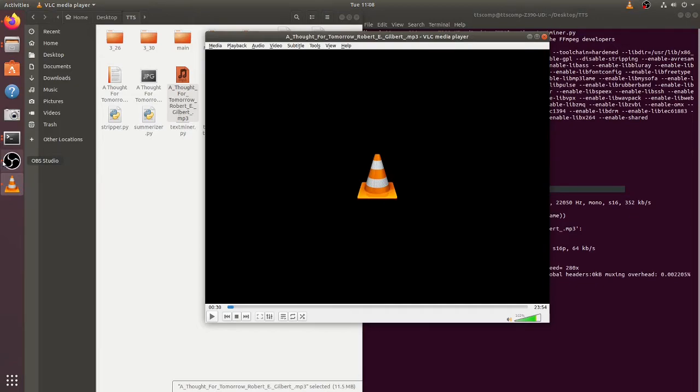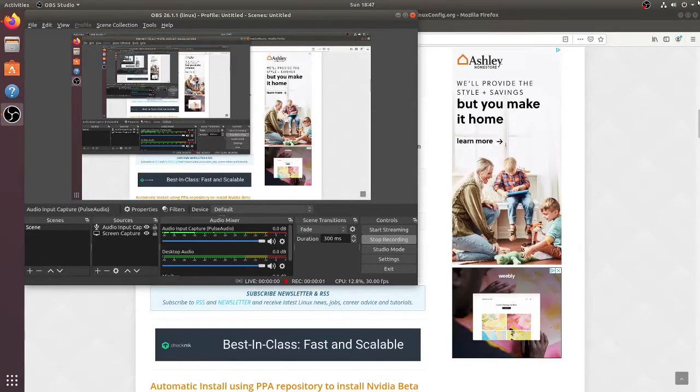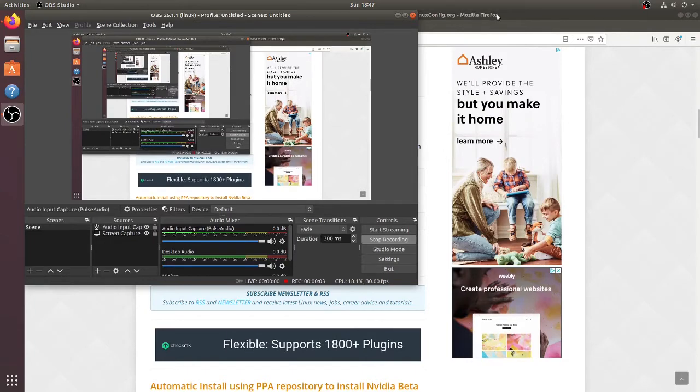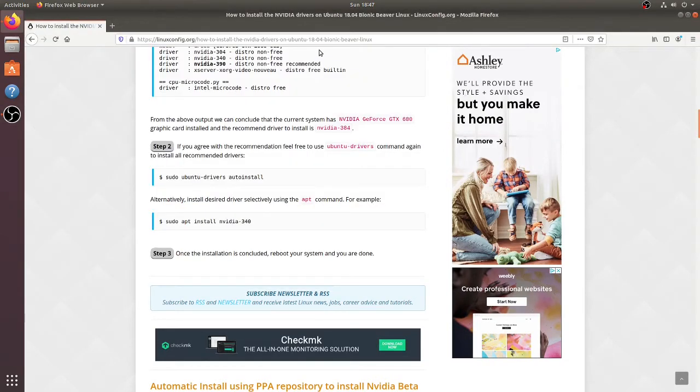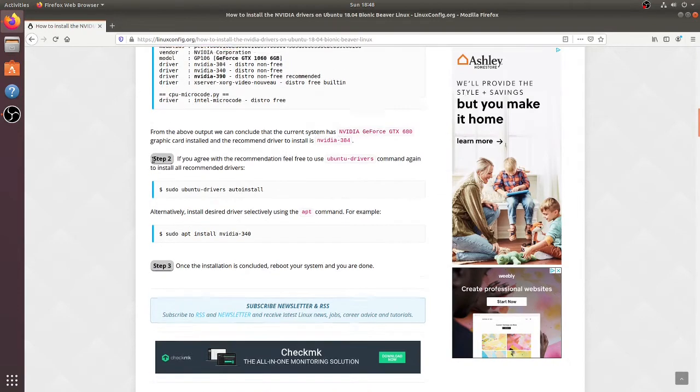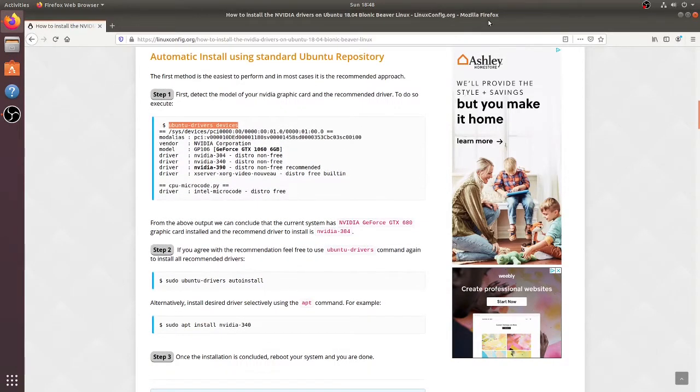So that's what it sounds like, and that's what you're going to get at the end of this video. I'm going to do my first video on how to configure this text-to-speech app that I've been working on using the ESP text-to-speech voice, which is really good. It's a neural net voice. So I'm doing this on Ubuntu